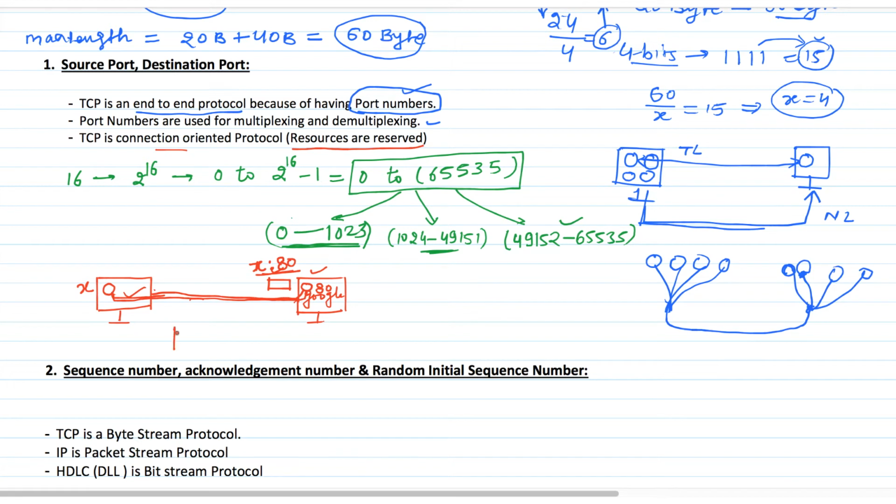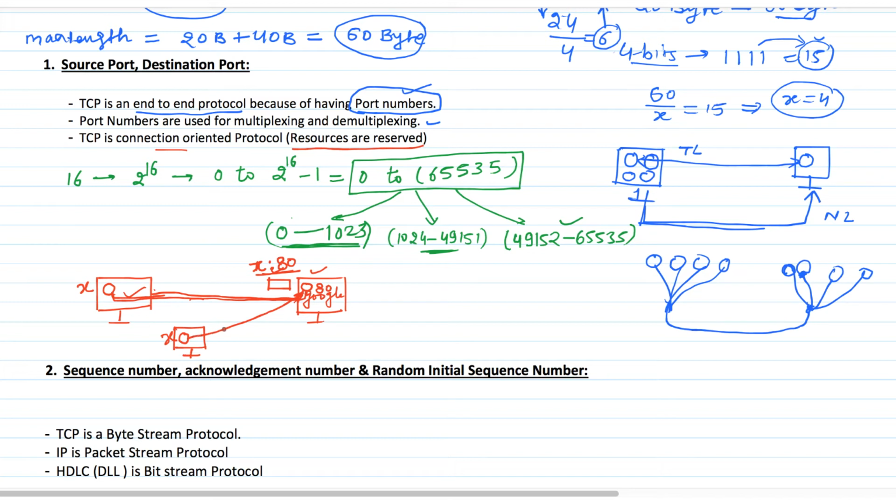Suppose there is some other system in the world and a process within this system wants to communicate with the same process, means this port number 80, and say the port number used by this system is also the same as this system, that is X. See, two processes in a single system cannot have the same port number, but two different systems can use the same port number for their processes. So this is possible that some other system in the world having the same port number wants to interact with this Google server on the port 80, means it is also requesting for HTTP services.